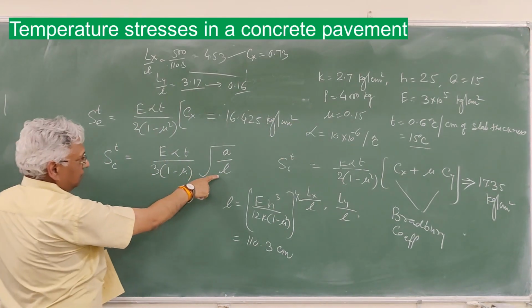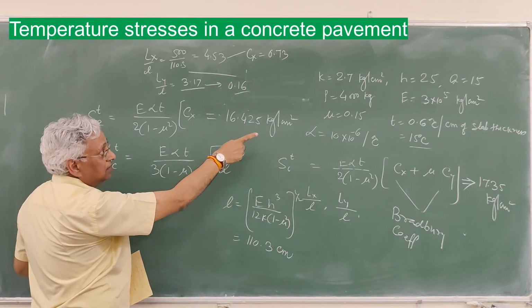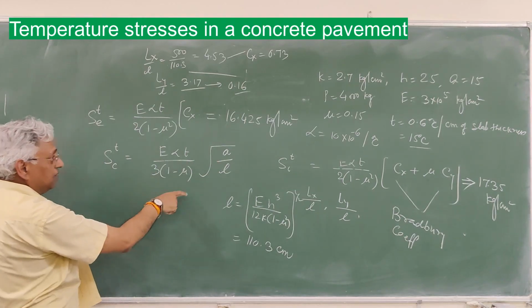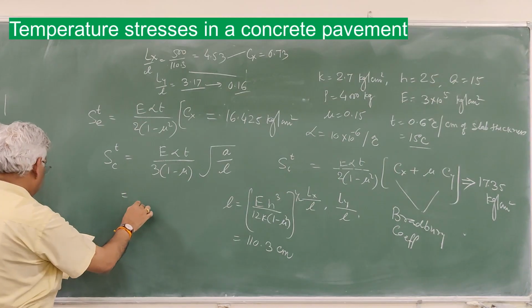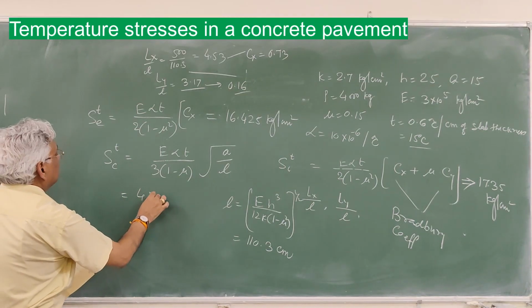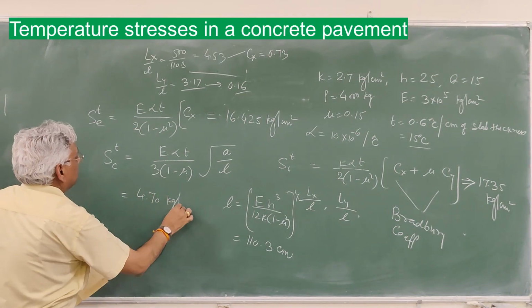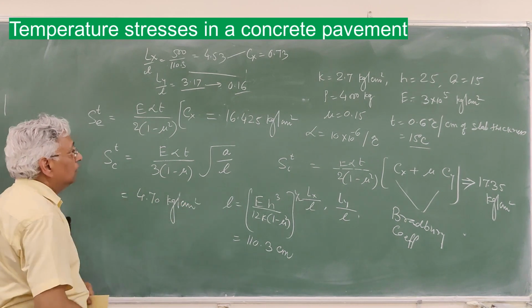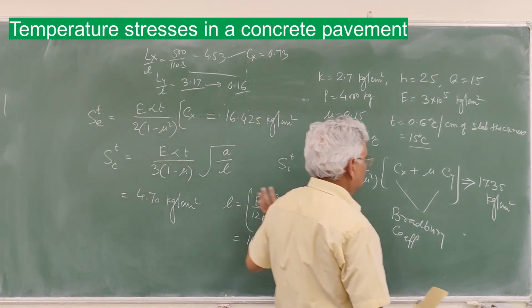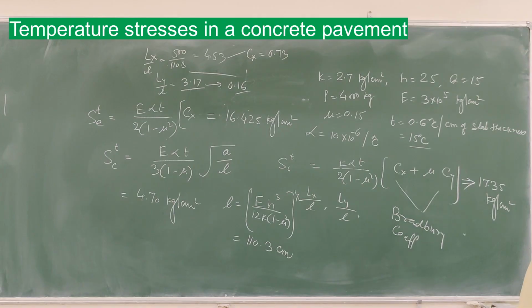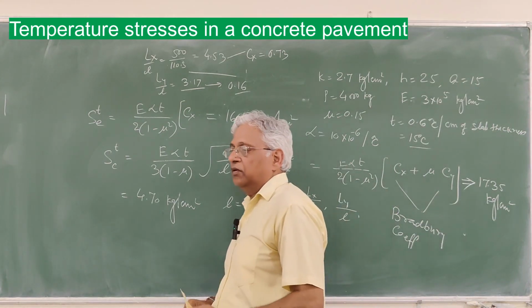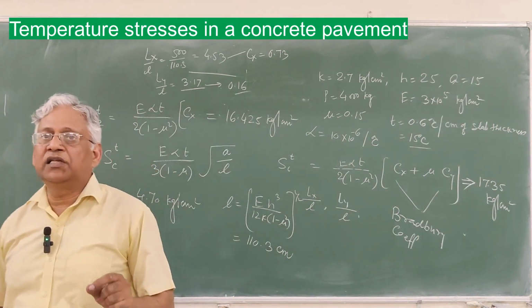At the corner, this A is 15 centimeter given, and the remaining parameters you know. So this will be around 4.70 kg per centimeter square. You can note here that this stress is comparatively very low as compared to interior stress and edge stress. That is how we calculate stresses because of temperature gradient, that is daily variation in the